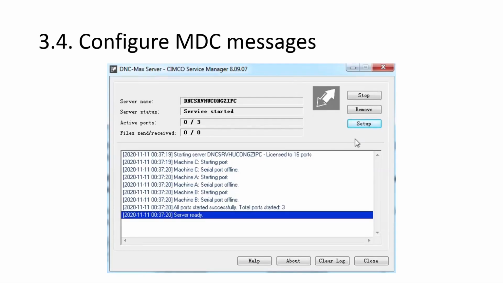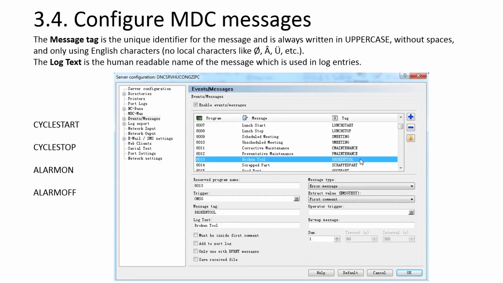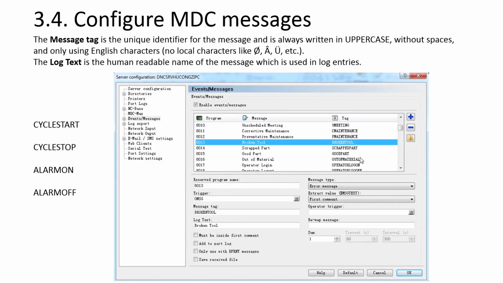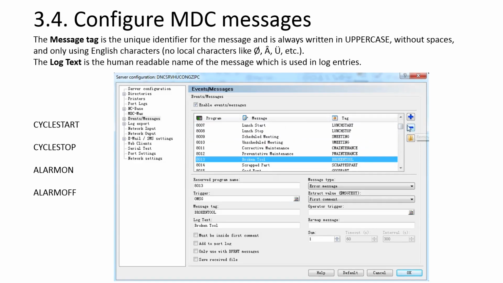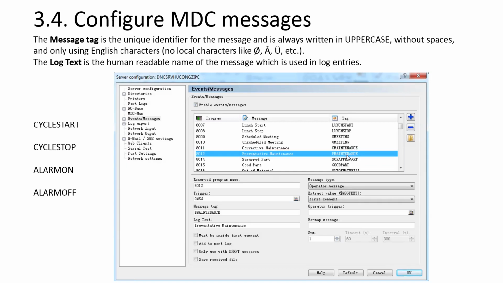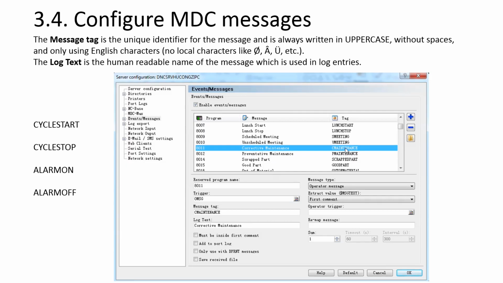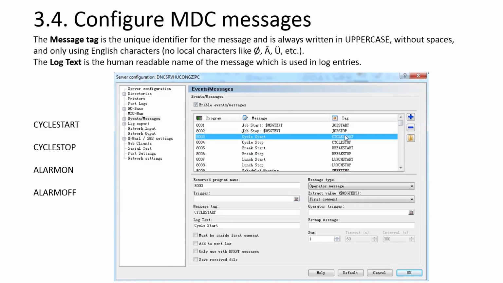In the DNC-Max Service Manager dialog, click the Setup button to, again, enter the server configuration dialog. Select Event, Messages in the Tree View menu and check the field Enable Events, Messages at the top. As you can see, there is already a long list of predefined messages. For this guide, we want to use the messages cycle start and cycle stop to determine if our machine is running or not, and the messages alarm on and alarm off to determine if the machine is down. The first two are already set up by default, but we need to manually add the messages alarm on and